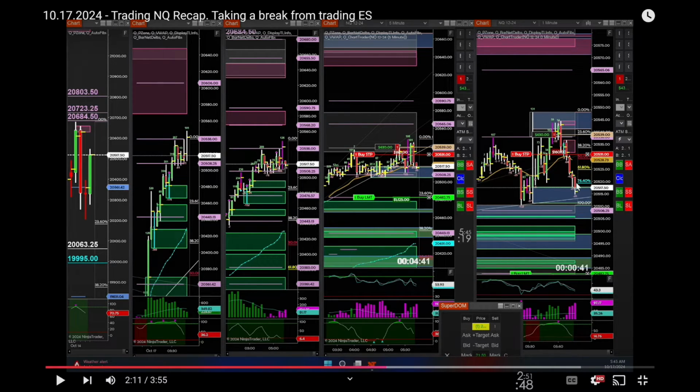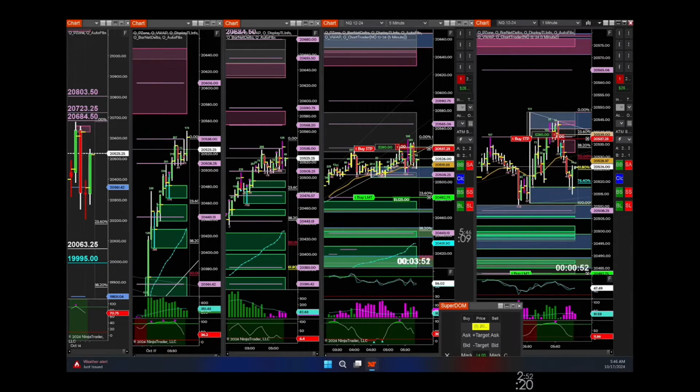Now, you'll see that on the 1 minute bar here, this zone right here on the 5 minute, a lot of buyers were there defending that area. And then I did see a supply zone up here that was created. So I decided to move my stop just above that zone there, just in case it comes back, retests, and then fails. But again, I left my target way down here, just in case it decides to flush down.